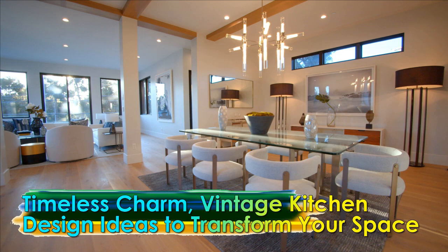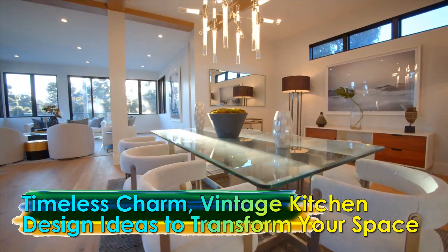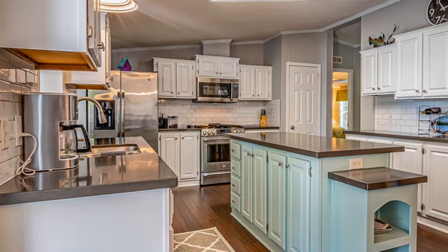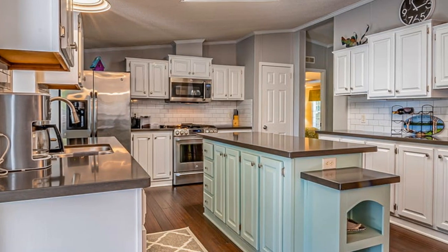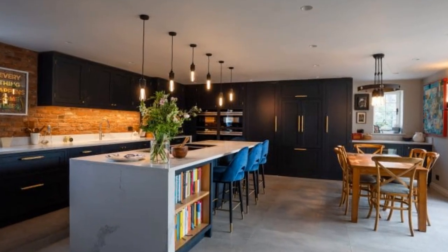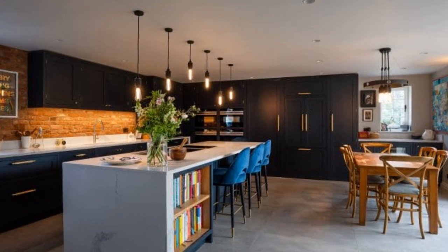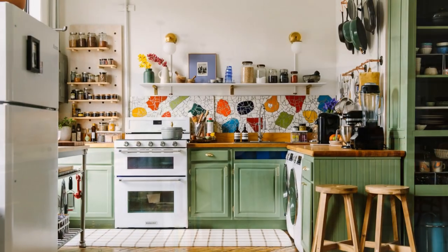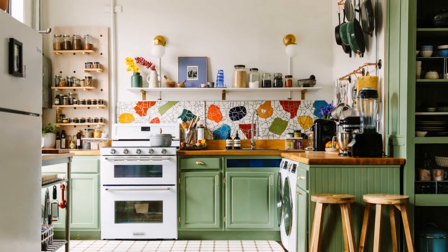Timeless charm, vintage kitchen design ideas to transform your space. Vintage kitchen design is more than just a trend. It's a celebration of timeless aesthetics, nostalgic elements, and enduring functionality. Drawing inspiration from the mid-20th century and earlier, these kitchens exude charm and warmth, offering a balance of style and